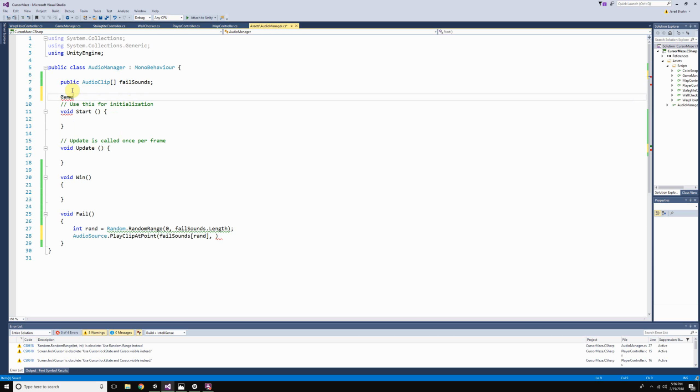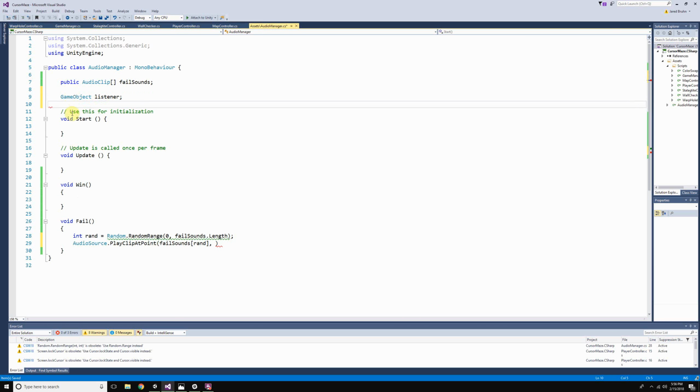I'm going to do game object, listener, and on start, we're going to set the listener equal to game object dot find, and our listener is on our camera holder. So we're spawning the sound right where our listener is,